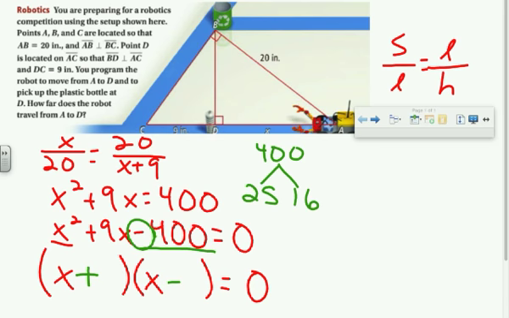But you can't just throw those numbers haphazardly into those parentheses. You have to be mindful about which number goes where. When the signs in the parentheses are opposites, this sign, whatever it may be, will go to our larger factor. So since 25 is bigger than 16, I put 25 with the positive sign and 16 with the negative sign. And since now I have two things being multiplied together to get 0, I know one of them has to equal 0. That means I have two equations, and they are